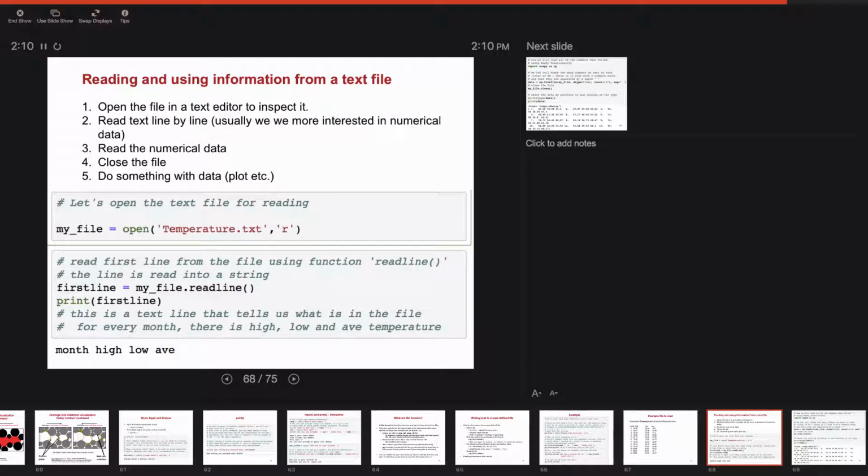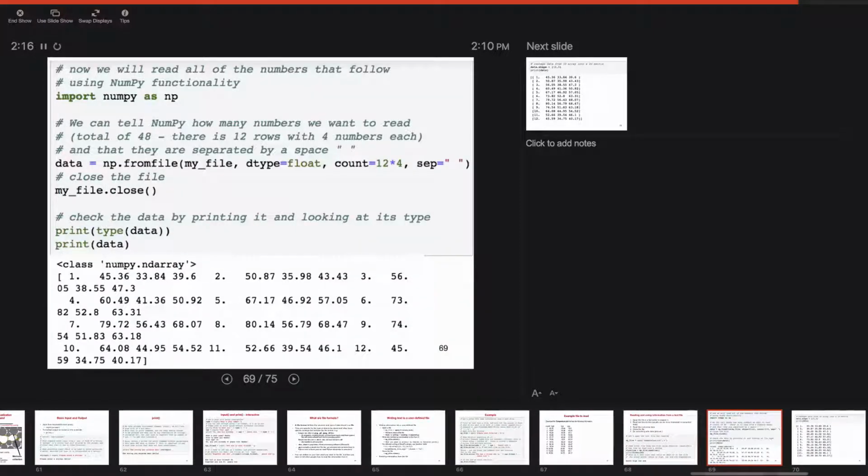So now that we read this one line, this is not what I need. I'm just kind of discarding it. I need the numbers. After that, I need NumPy routines because I want to actually read this data into a larger array. So I'm going to import numpy as np. And NumPy has a file reading routine